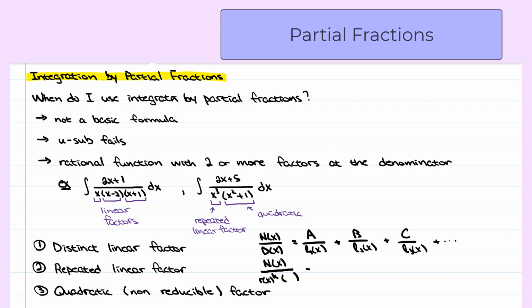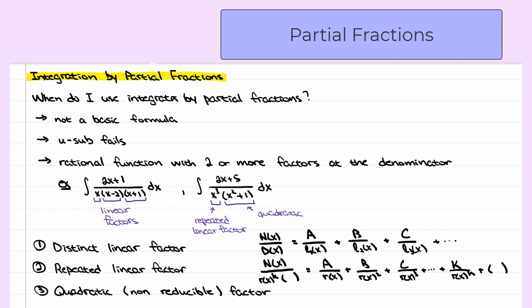Then you can decompose this as a constant over the repeated linear factor of x plus another constant over the linear factor squared plus a constant over the linear factor cubed until you get to a constant over the linear factor of x to the power of k,